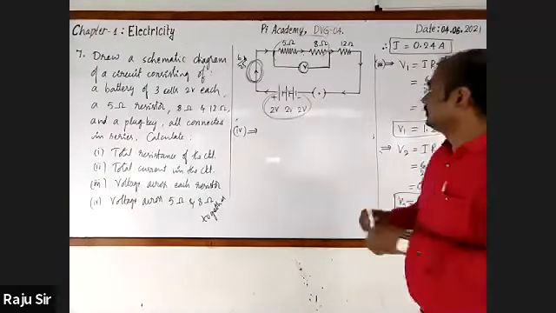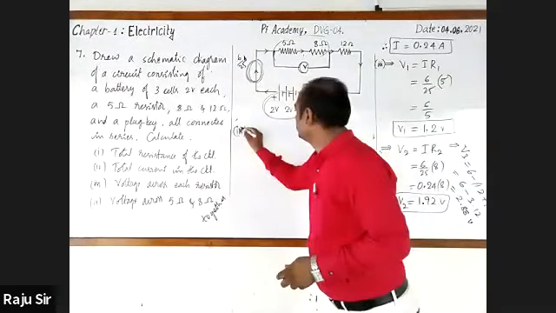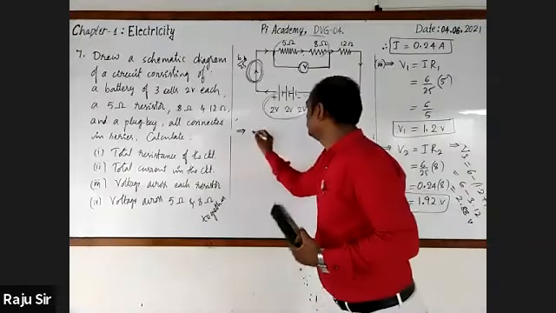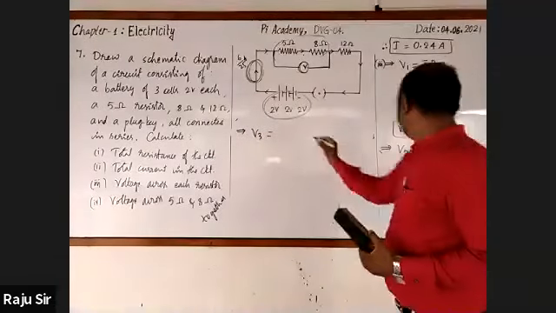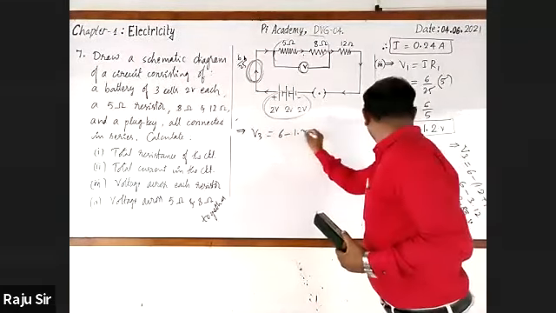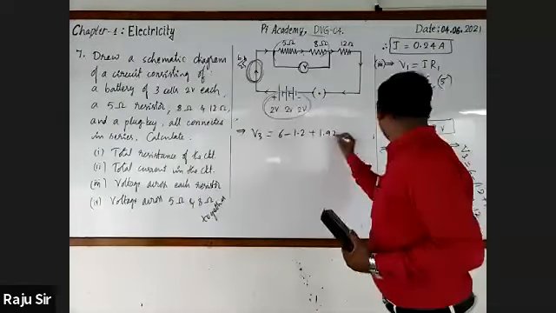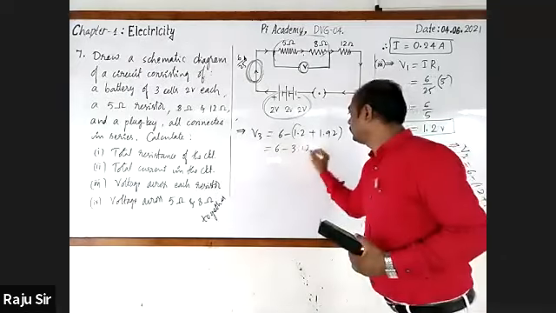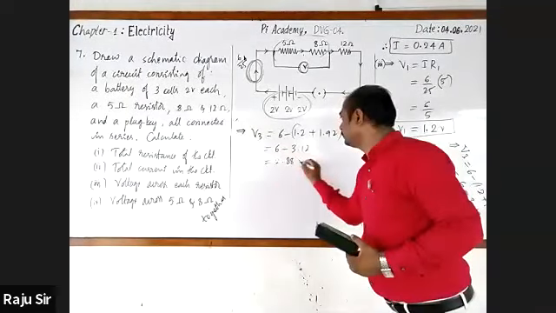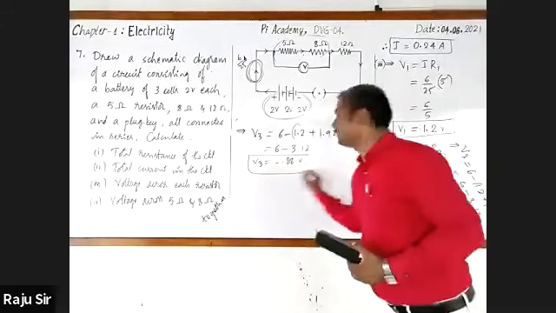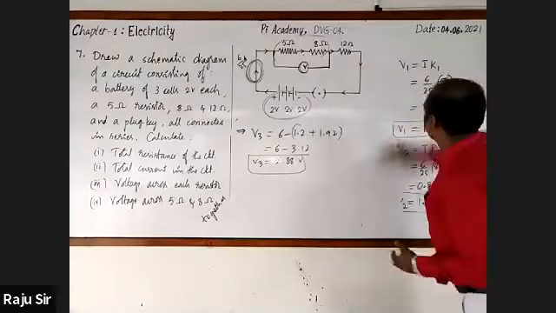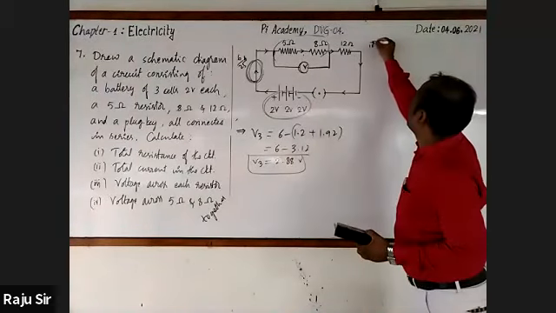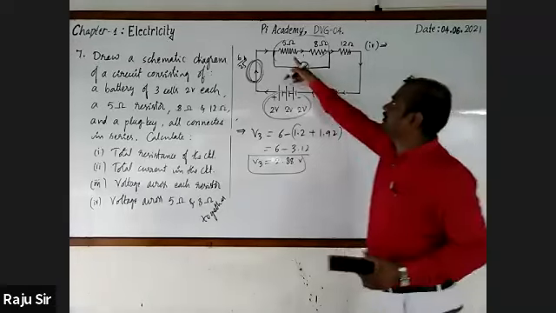Third subquestion only. V3 is equal to 6 minus 1.2 plus 1.92. It's equal to 6 minus 3.12. Then you got 2.88 volts. This is V3. Now let's go on to the fourth subquestion: voltage across these two.